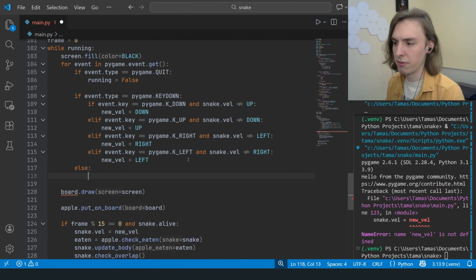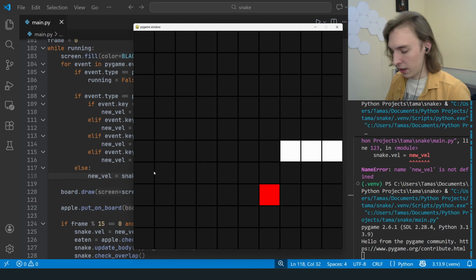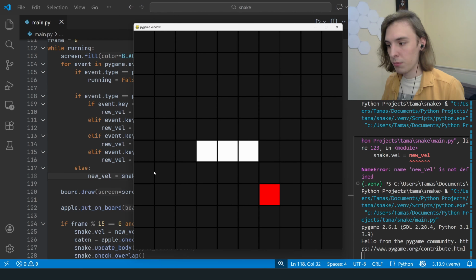So if no key was pressed, then new vel is just equal to snake.vel. Okay. So again, I'm pressing left now. I can't turn left. So, but